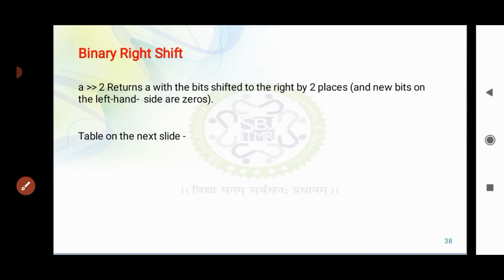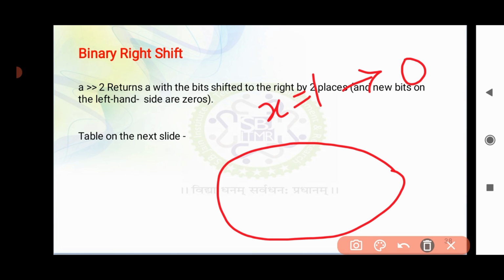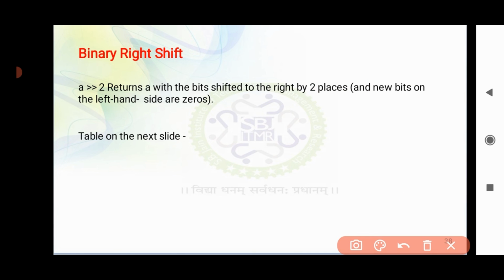Then we have binary right shift. Binary right shift basically stands for shifting of the elements or shifting of the numbers. Now how will that shifting be done? For example, I have a number a is equal to 10100. Now what I have to do? Right shift by 2.